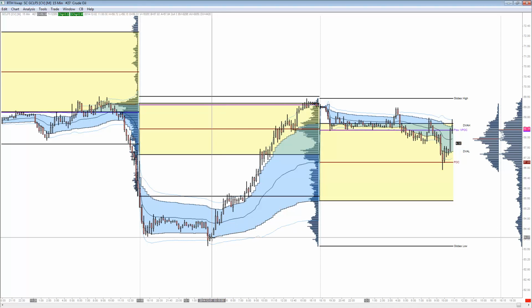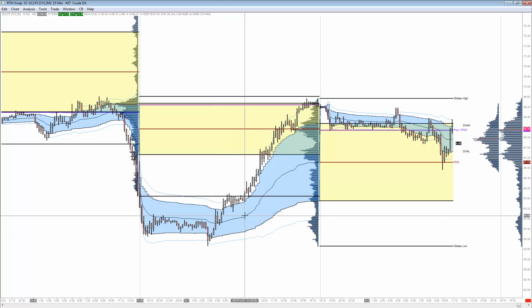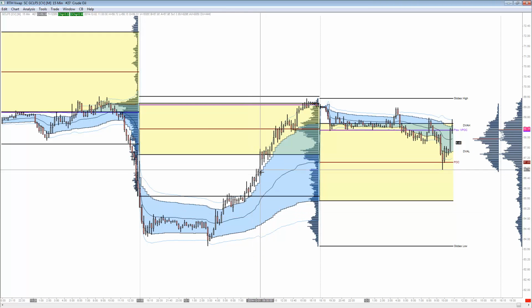I actually got in some lower as well, but not big size. And then added to it here, and the market opened at 9 o'clock, and I just kept buying pullbacks all day. Every time the market pulled back to the top of value, I just added. When the market came in here, I added all the way, and the target was this 69.30,